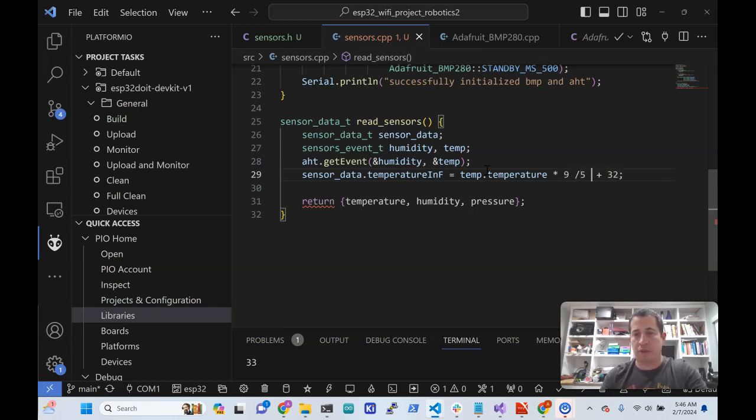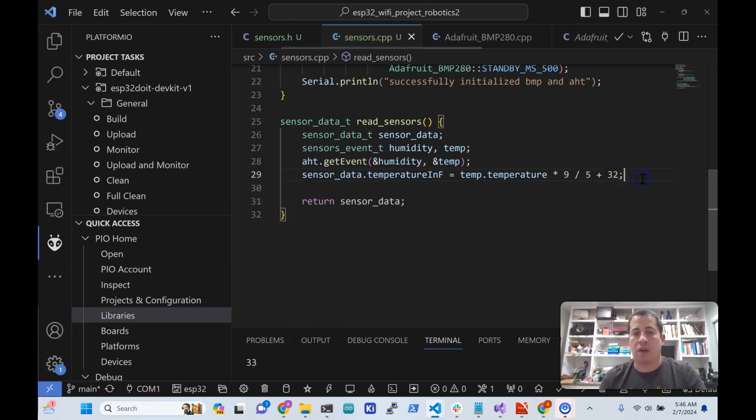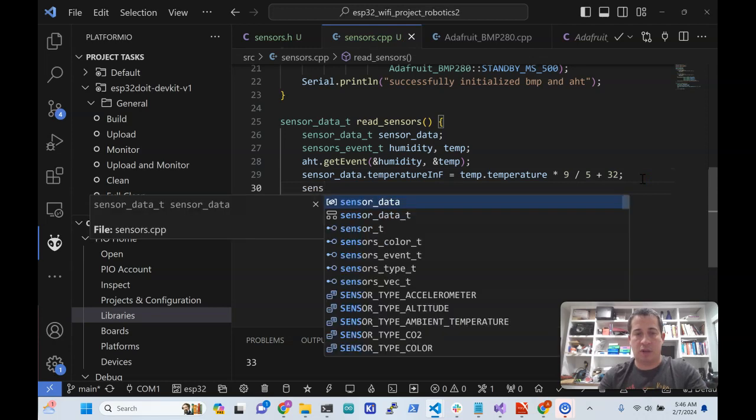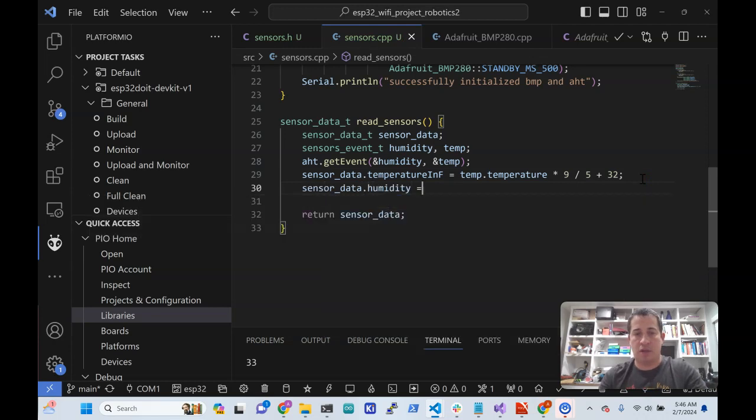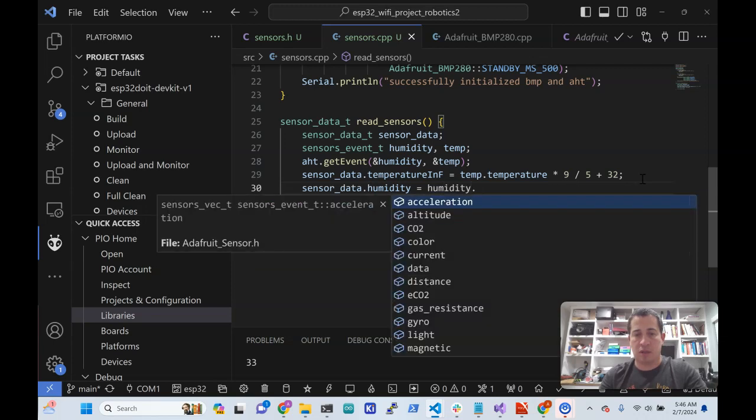Okay, because it's coming to us in Celsius. Okay, so we get that. And then let's replace this with just sensor data. Okay. And now we'll go ahead and just grab our humidity. So sensor data dot humidity equals humidity dot